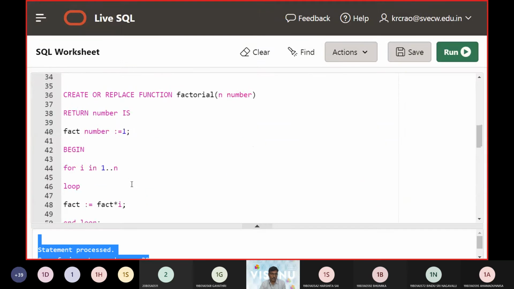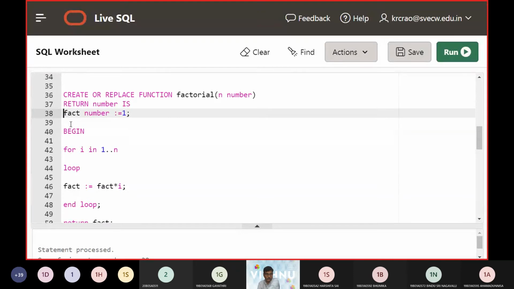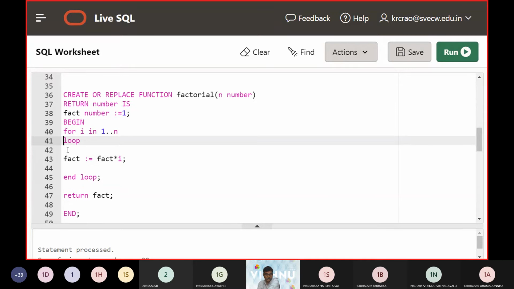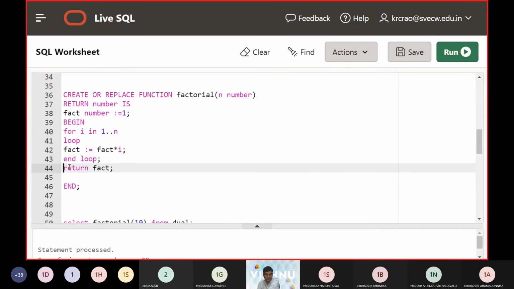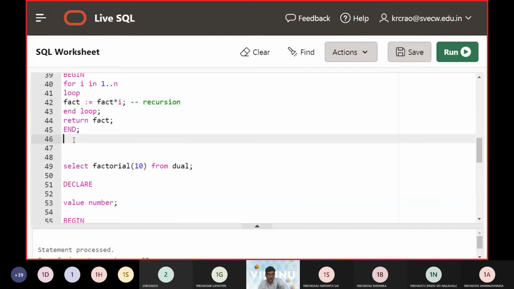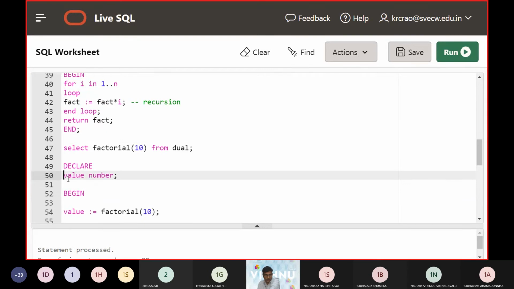Next, we are now working on a factorial. Its return type is again fact, and it uses a for loop, and it supports the recursion concept, because n into n minus 1 iterates until the condition is satisfied.